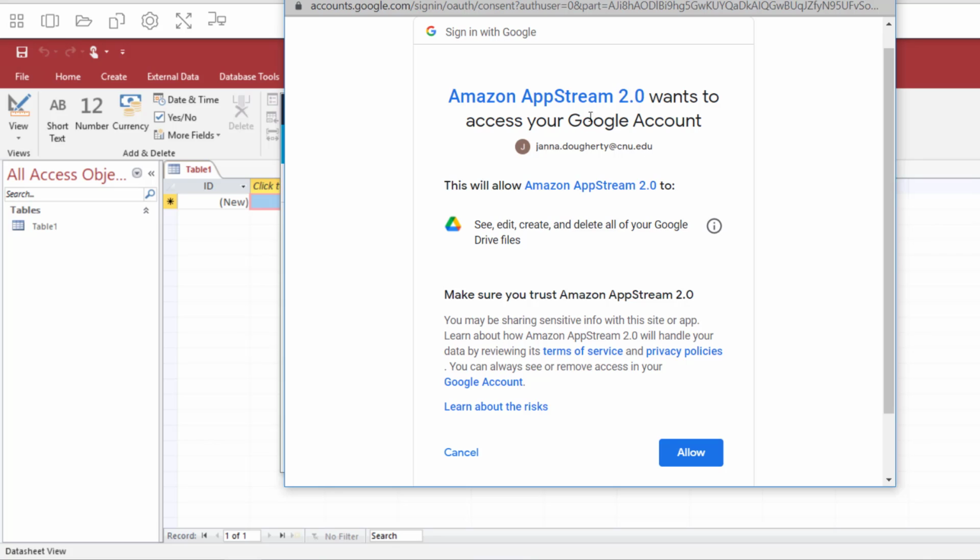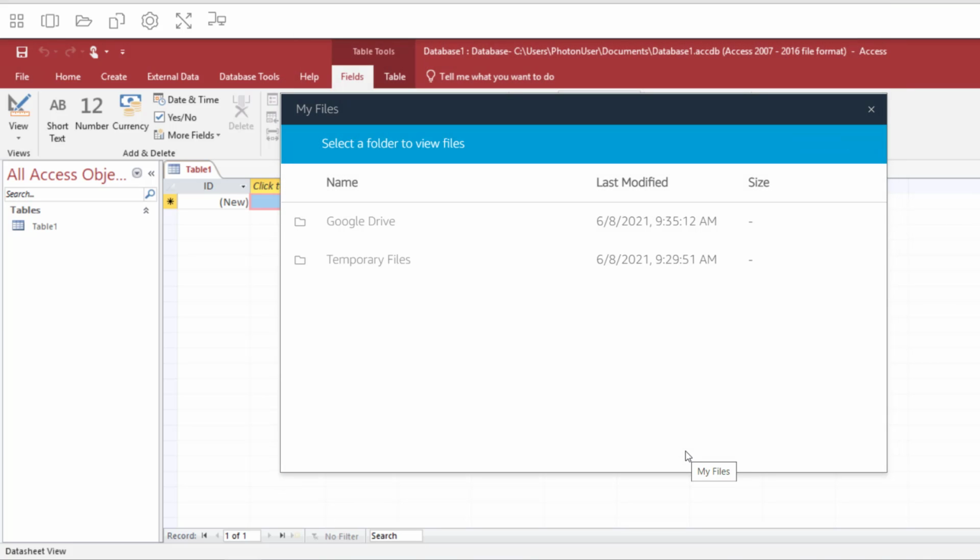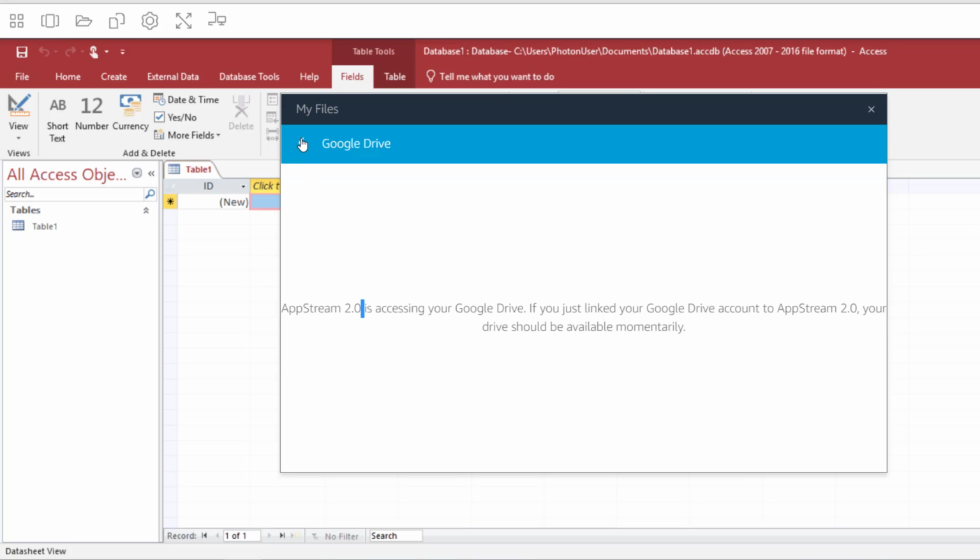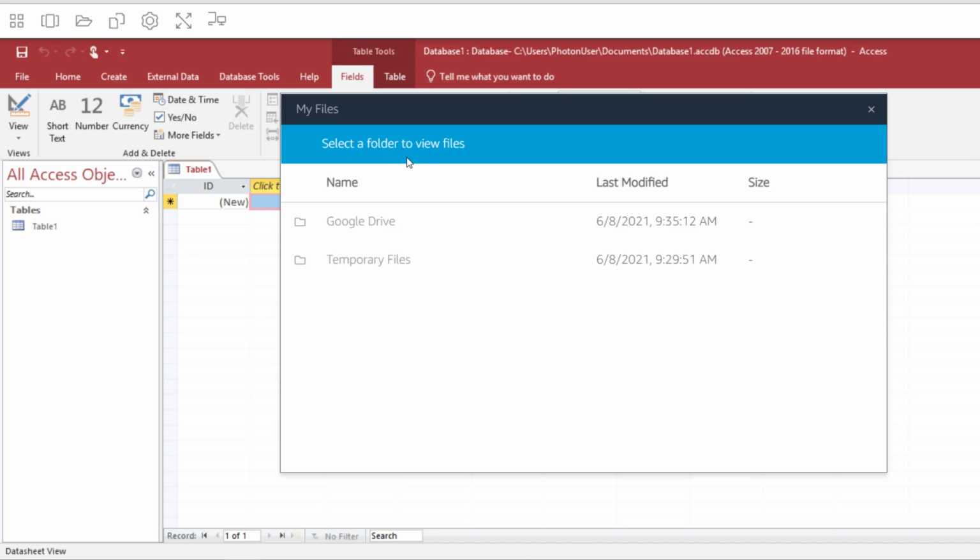I have to give the application permission to access my account. And now that I've certified my credentials, I can see a folder labeled Google Drive. This is going to allow me to navigate and open any relevant files currently saved in my drive.